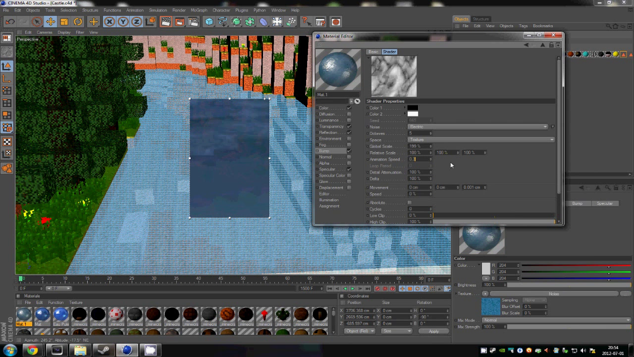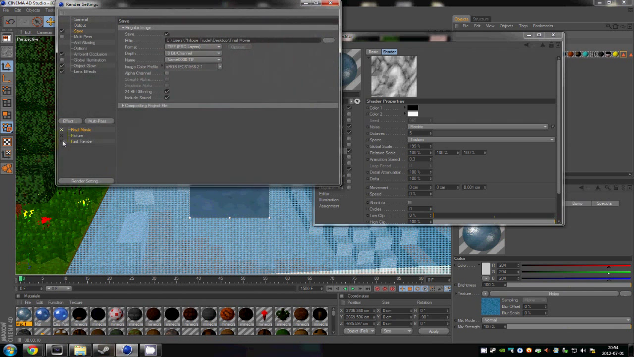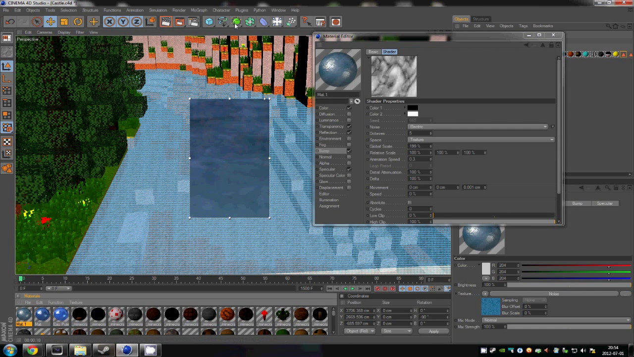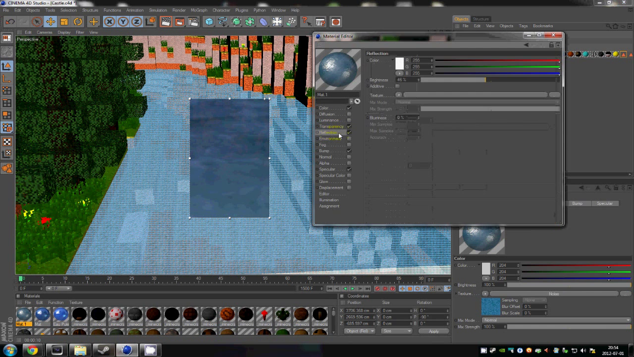You will want to have animation speed at about 0.3 so that your water moves realistically, but depending on the size of your scene, the relative size of the displacement, maybe you'll want the animation speed to be slower or faster. That's why you'll need to render it with the fast render that I talked to you about before to see if your water